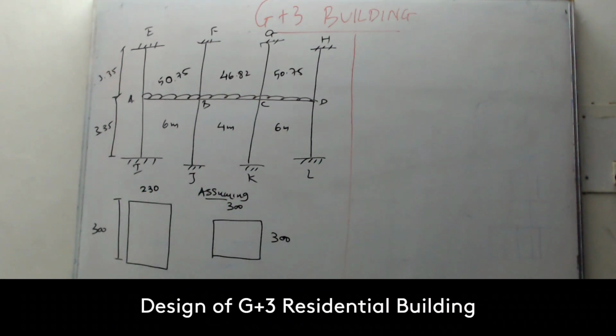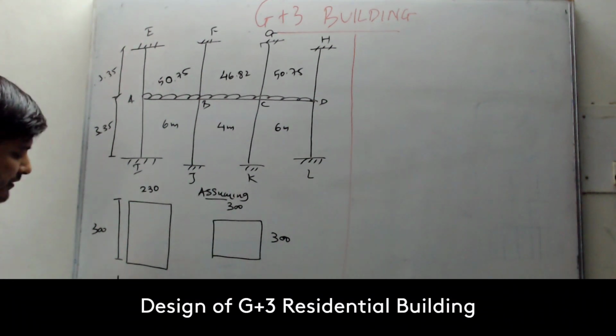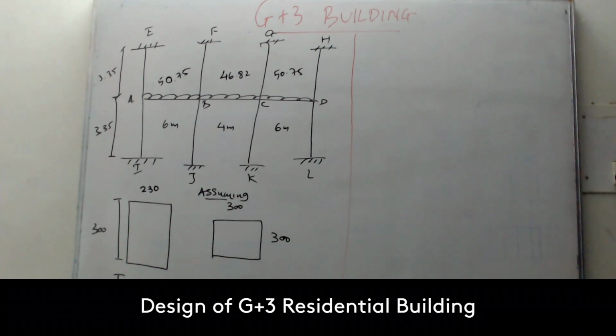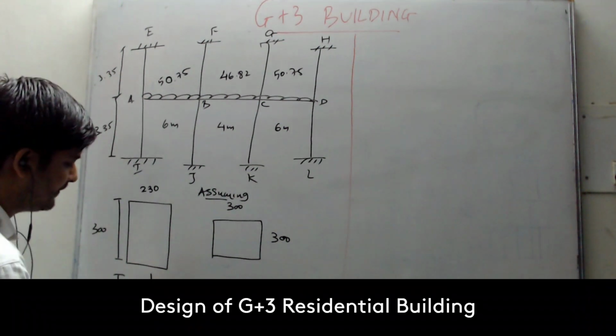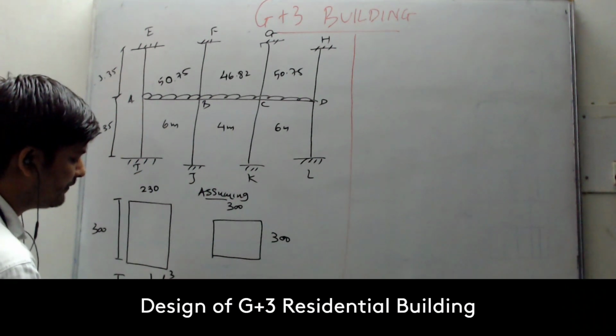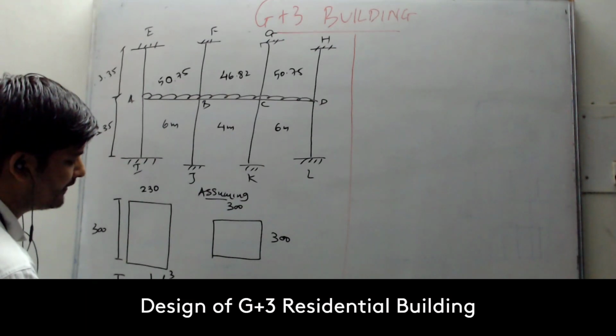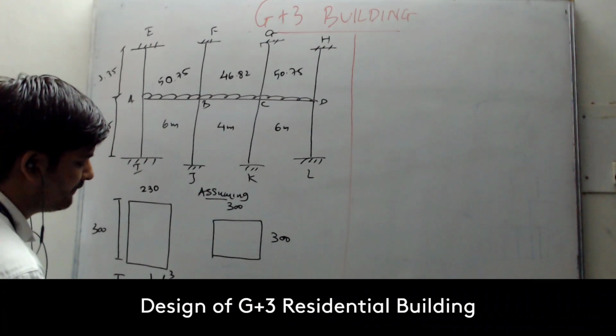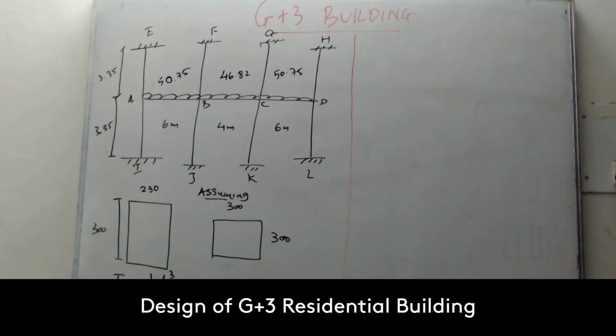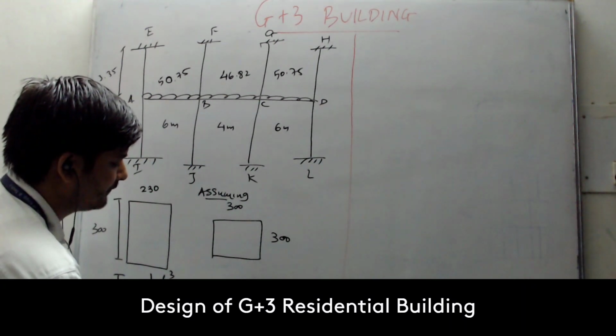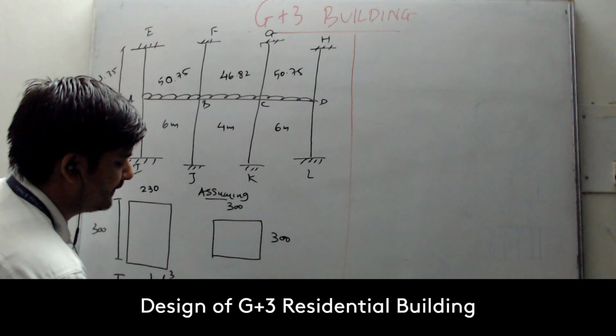So from these sizes we can find out the moment of inertia, right? So this is moment of inertia IB, rectangular section. Moment of inertia formula is BD cube by 12, right? BD cube divided by 12. So B is 230 multiplied by D is 300 cube divided by 12. So if you calculate this answer, you get your moment of inertia for beam as 517.5 into 10 raised to 6, unit is mm raised to 4.